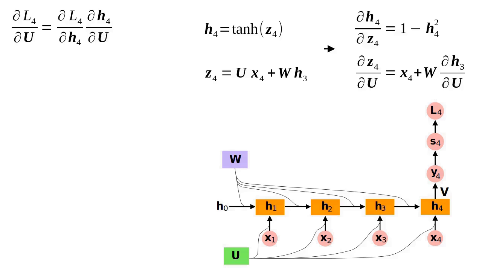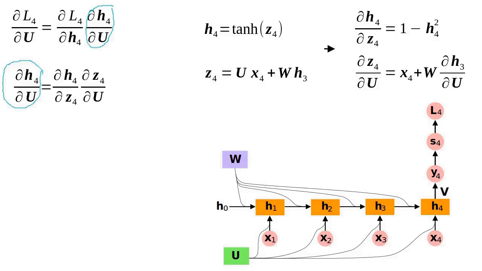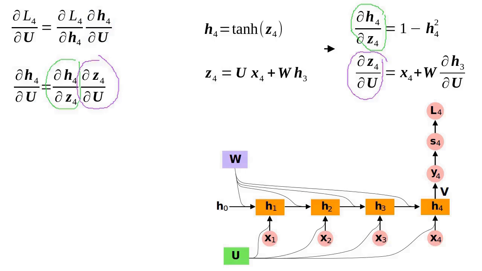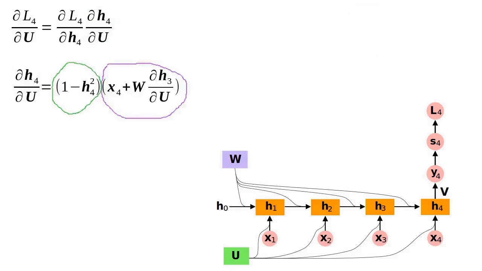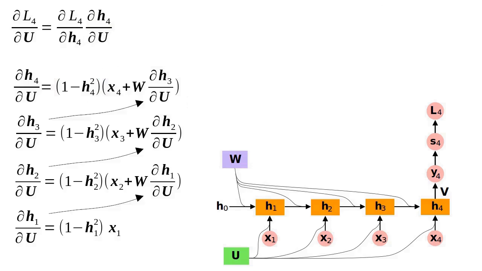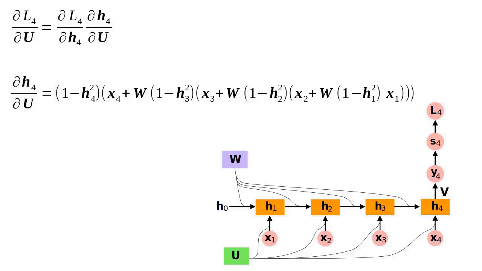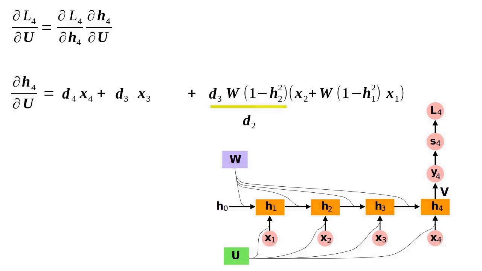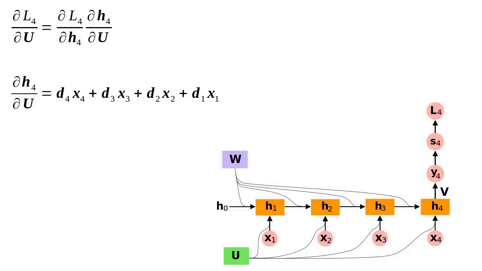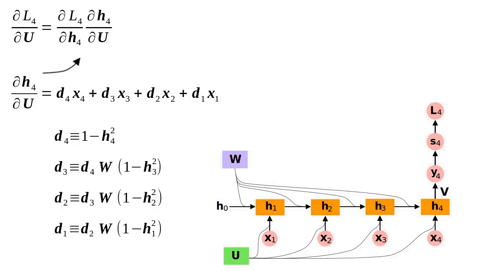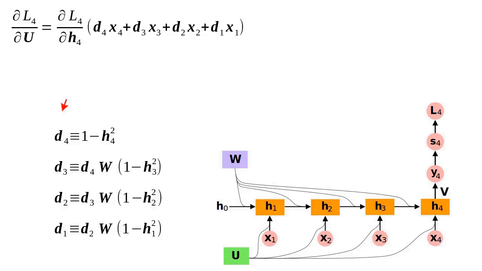It is easy to identify dimension mismatches when treating matrices and vectors as scalars. Redefine D4, we have